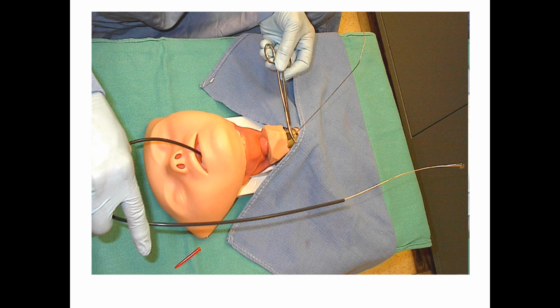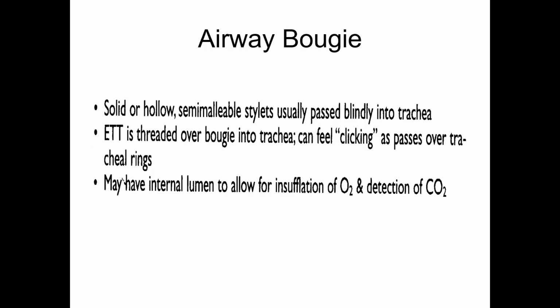We see those pictures. This is the guide wire. Sometimes we connect a bougie to this guide wire. This black one is a bougie. Then when we pull out the guide wire, the bougie will be inserted in the trachea, and over this bougie we insert the endotracheal tube. This airway bougie can be used